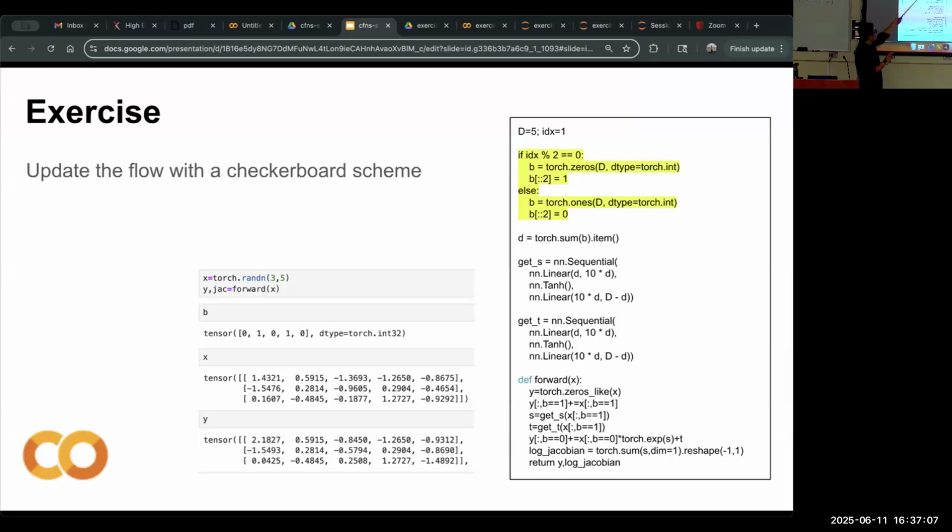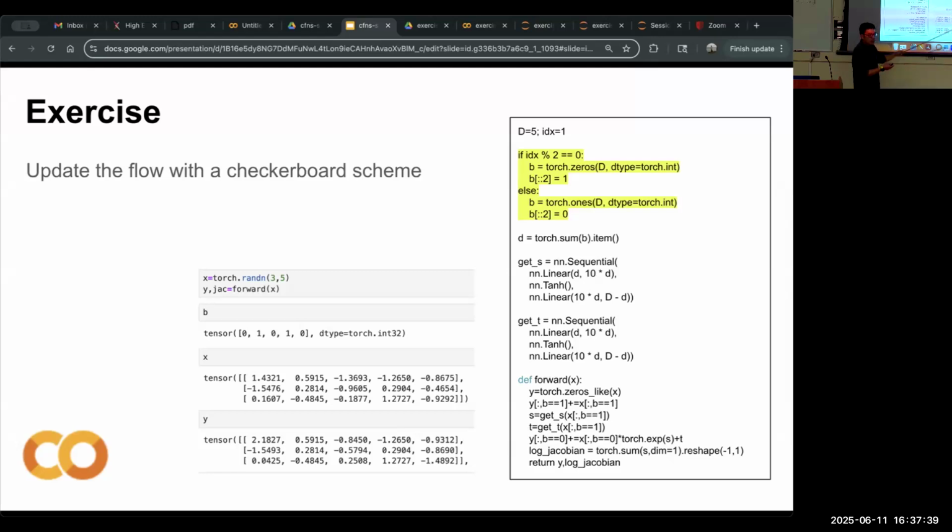Or if it's the other case, then I'm going to flip it. So I can construct, depending on the integer values of this IDX, different B values. Okay. So this is a coding exercise. Try to update your code, including the backward,